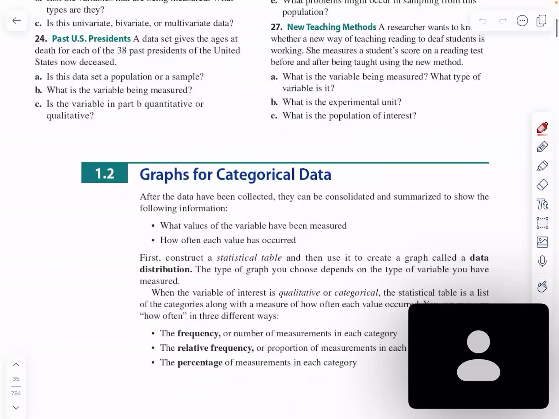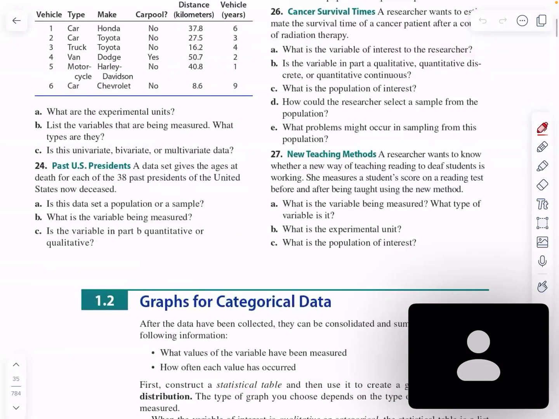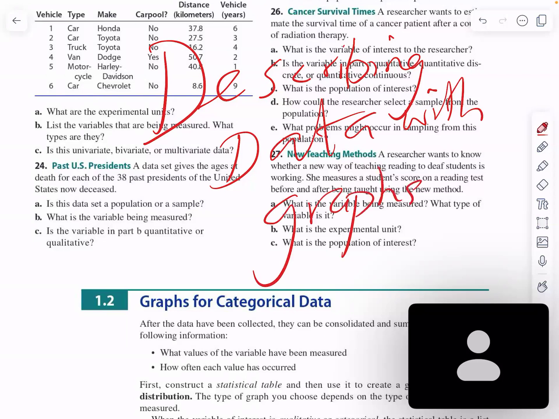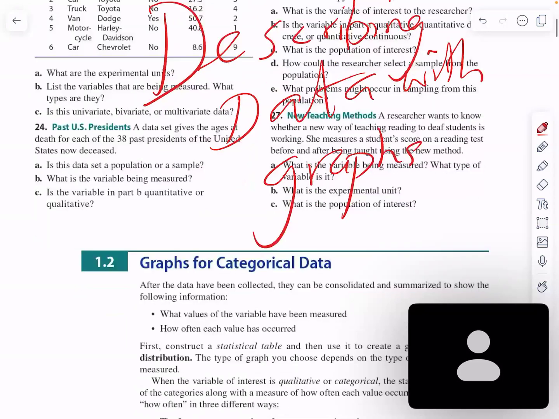We started describing data with graphs. Describing data with graphs. And in this class, we've looked at